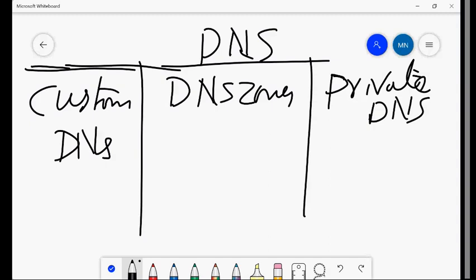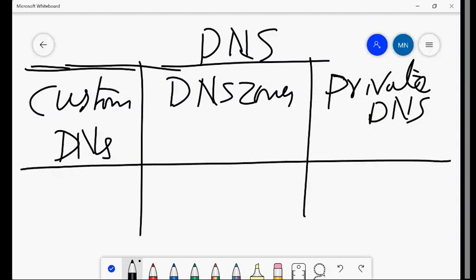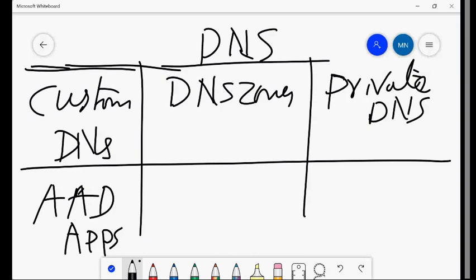Three types of DNS are there in Azure. So here, we will use custom DNS for Azure AD and applications, and DNS zones are for the external world.